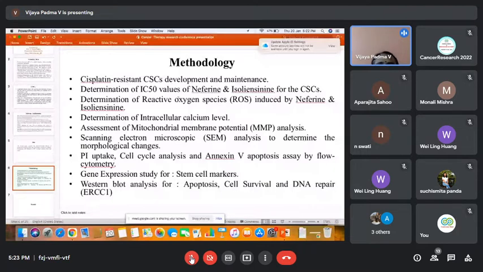using mRNA, that is RT-PCR, and we also did Western blot analysis for all the apoptosis, cell survival, and DNA repair protein expression profiles. We studied these through Western blot analysis. Coming to the results, this is the first picture, which shows